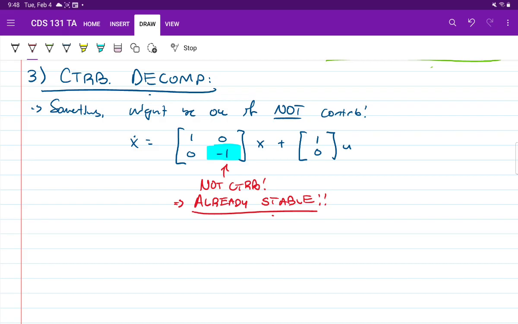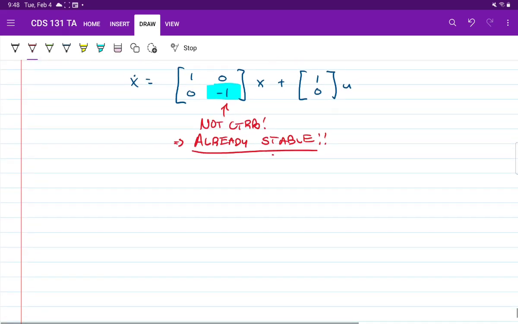So in this example, it's really kind of clear which part is stable and which part is not stable, or which part's controllable and which part is not. But in general, that's not going to be so clear, right? So what we need to do is decompose our system to a state where it's going to be clear which part is controllable and which part is not controllable. Then once we've done that decomposition, we can check, okay, is our uncontrollable part stable? If so, maybe that'll be fine, all right? So let's set up the basic structure for how we do this.